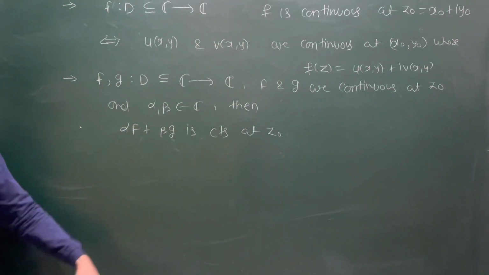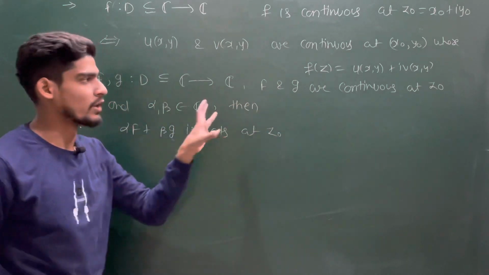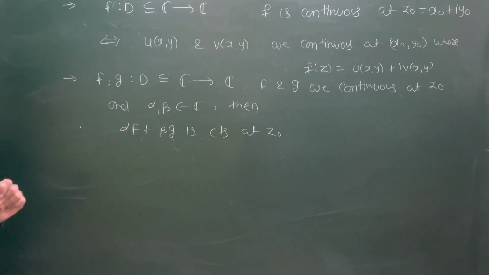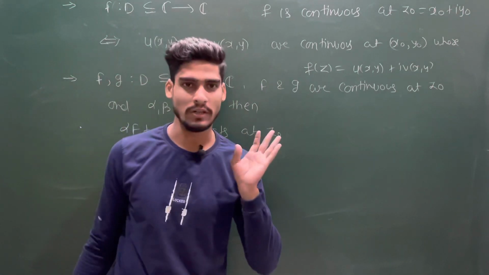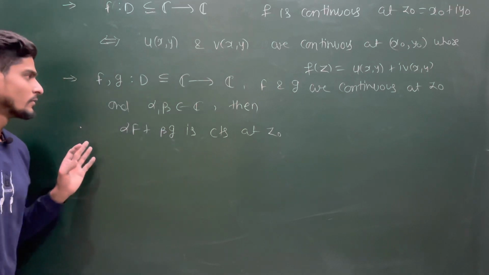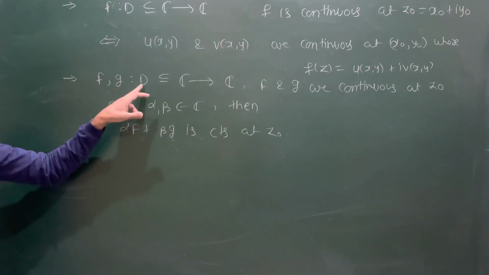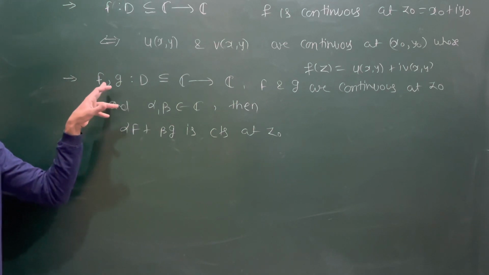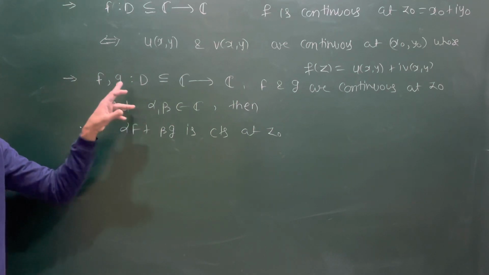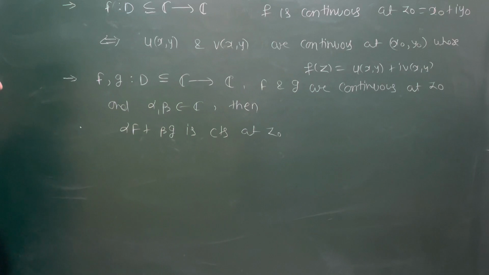So you can think that if you collect all the continuous functions, that is going to form a space, known as the function space, which is a collection of all continuous functions. We say f is continuous on D, that means if f is continuous at every point of D, then we say f is continuous on D.